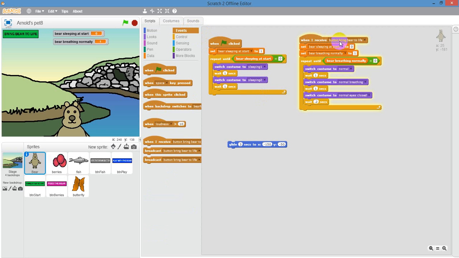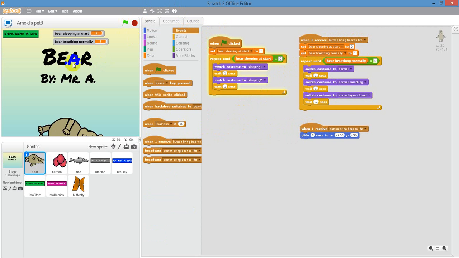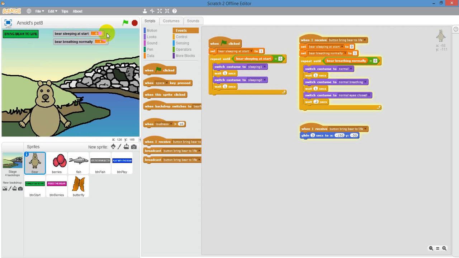When I receive button bring bear to life, you can have him gliding at the same time you're setting the variables and setting his costume. So let's do that. Start over, click the green flag, sleeping, bring bear to life, the value changes, and he changes. Not too bad. It works. It's kind of goofy the way he was still sleeping there,